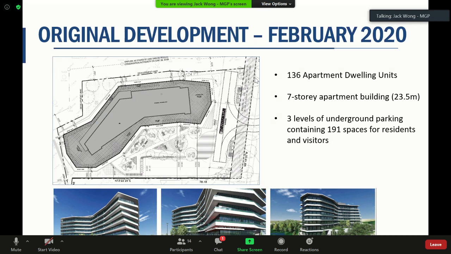The application also went through a DRP on June 29th, where we received numerous comments, both from an urban design and architectural perspective. I'm just going to highlight some of the comments that we received for council so that you have an understanding of some of those issues being raised.